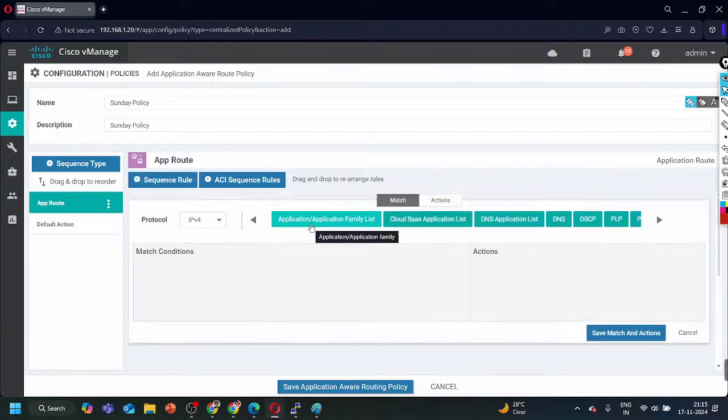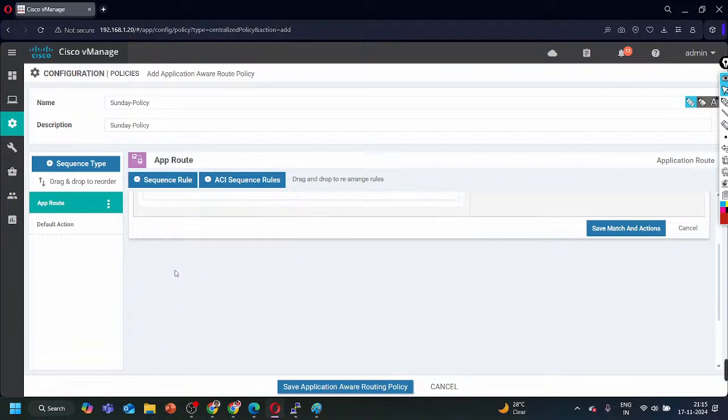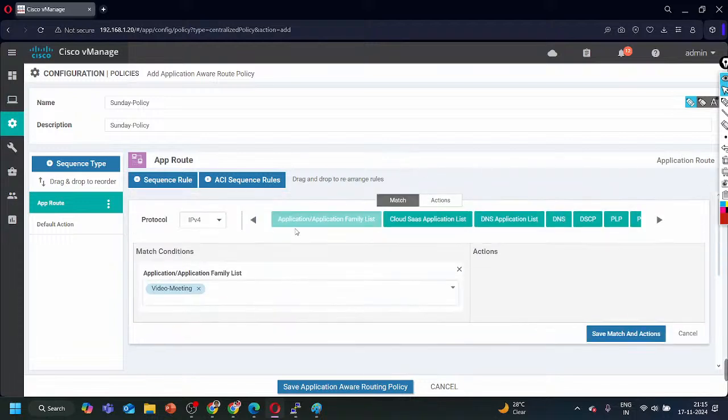and we can match the application. Here you can see I had created one app list, right? The name was video meeting, yes or no? For the Zoom, you can see Zoom meeting. So I can match this application. For this application only this policy will work, right? And here we can define the action,